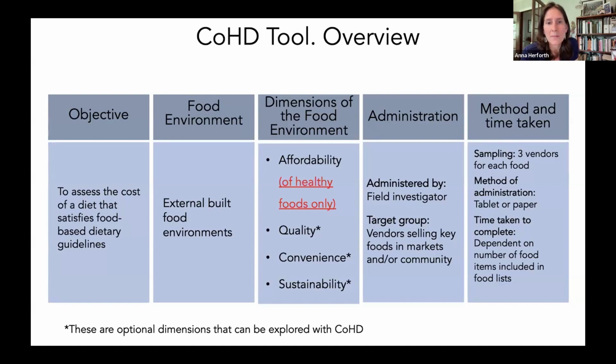And so this is a tool that would be administered by an investigator in the field, going to vendors who are selling the necessary foods to be assessed in markets. And the food price data collection can be administered either digitally on a tablet or on paper. And the time depends on how in-depth the data collection is. So in the next slide,